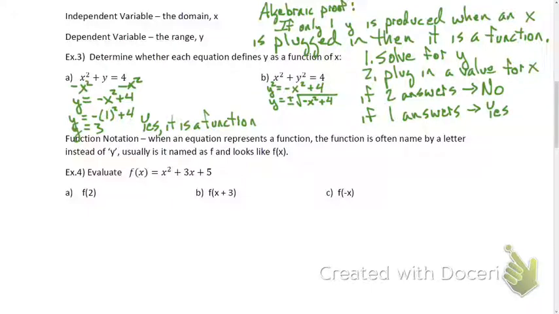Because if I plug in a 1, I'm going to get plus or minus the square root of 3. Two answers, that's a no,